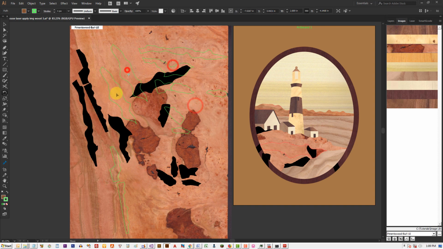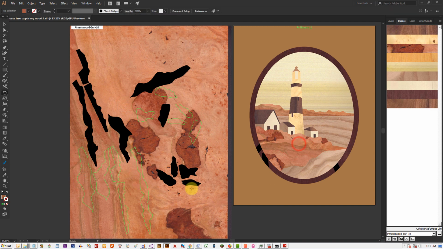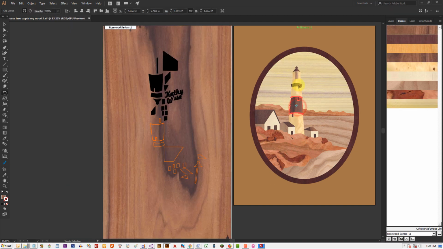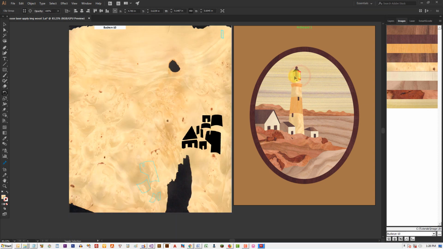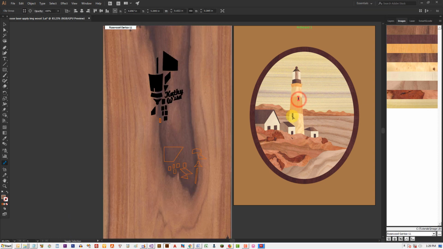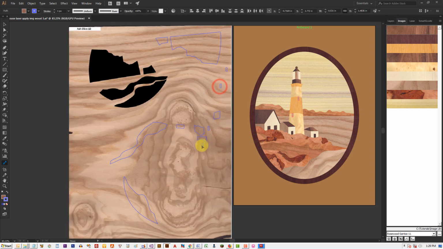Here I'm moving these clipper paths to avoid the black areas that were used in the previous design, and trying to use the dark spots on the pimento wood burl to add more character to the rocky terrain in the foreground. I'm thinking maybe using a darker yellow wood for the lighthouse instead of this dark brown species. That should make it more uniform in terms of color. The windows now look too contrasty compared to the rest of the lighthouse. I think I will make them a little bit lighter.